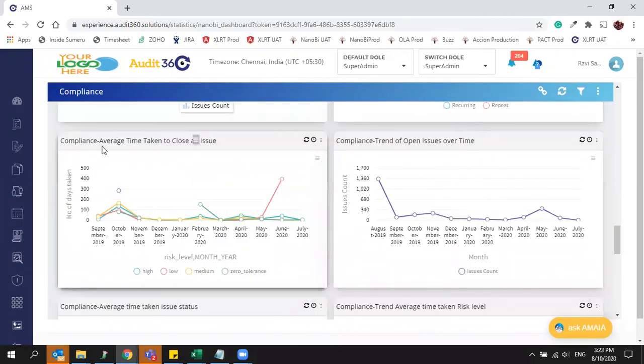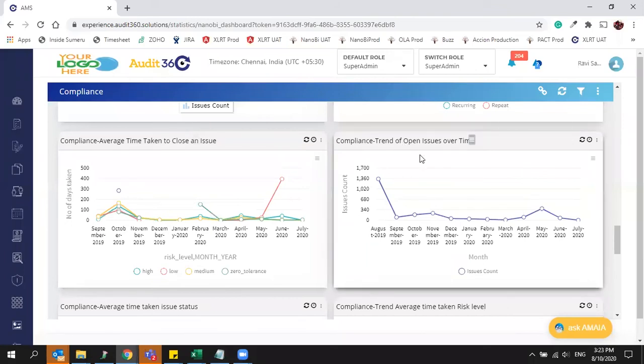And next, the trend you will get is the average time taken to close an issue. With one auditee, how much time it took to close one issue from accepted status to close status, that it will show you at the monthly trend level.